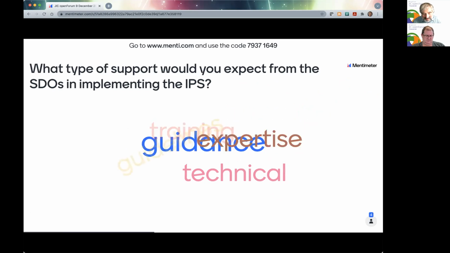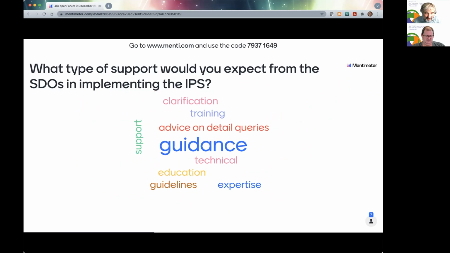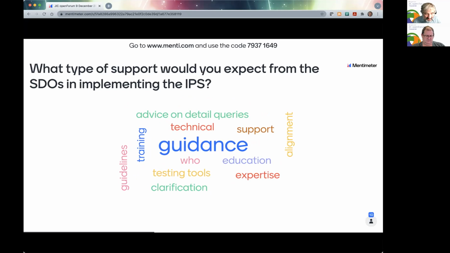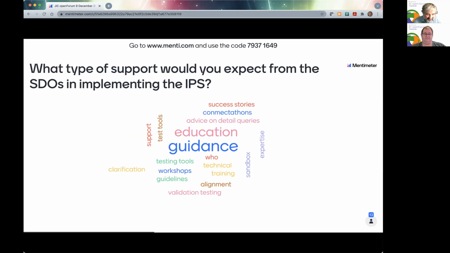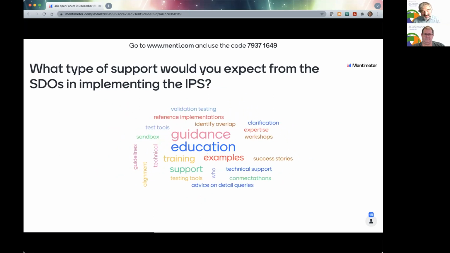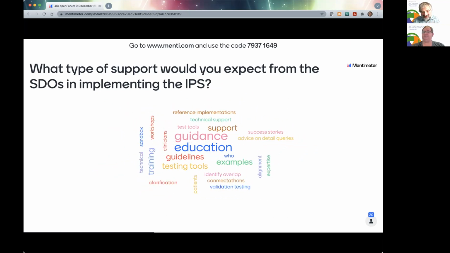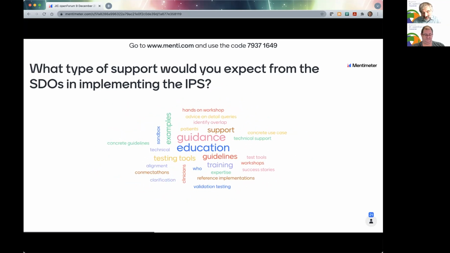Guidance, training, support, advice on detailed queries. So they're quite evenly distributed, or guidance seems to be a bit of the winner here. And education. So guidance and education, examples, all around that. That seems to me to be a call for action